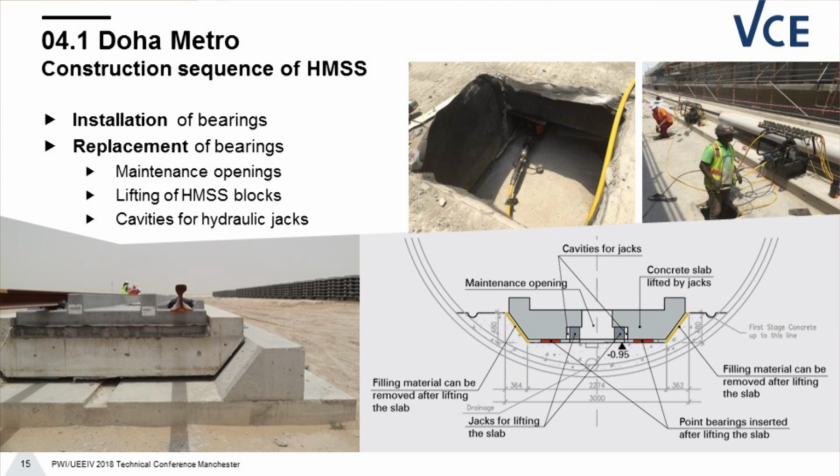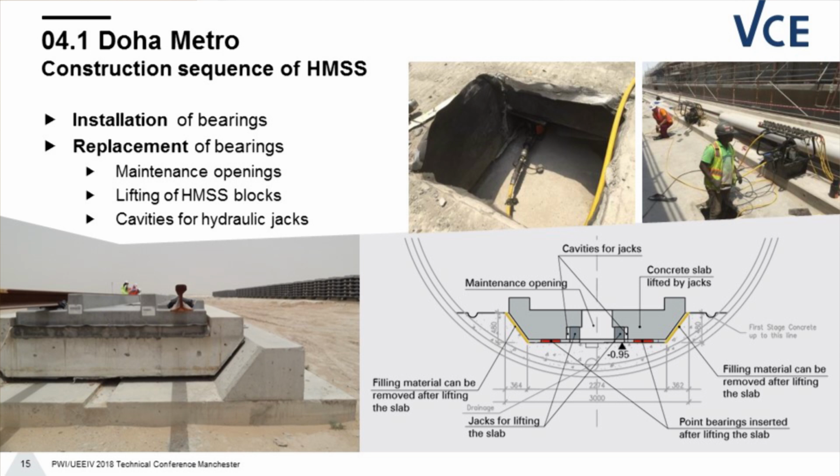Because the question is, how are we able to place the bearings underneath the concrete block? Now, the first idea was to use prefabricated precast elements as lost formwork, but due to the space conditions, we were not able to do so. The tunnel has a diameter of only 6 meters, and we needed a different approach to build this, given the very strict construction time that we were able to use.